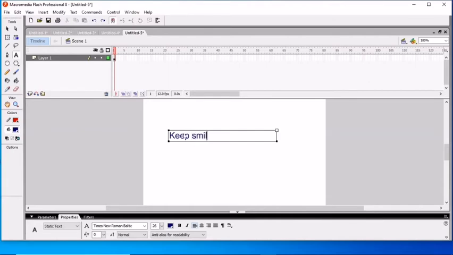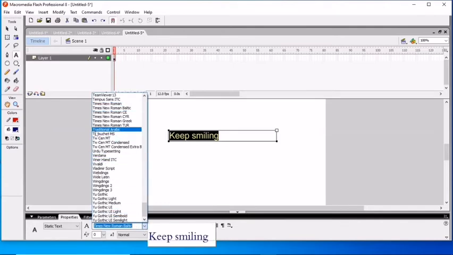Now if you want to change it, for example this writing, there are different options.